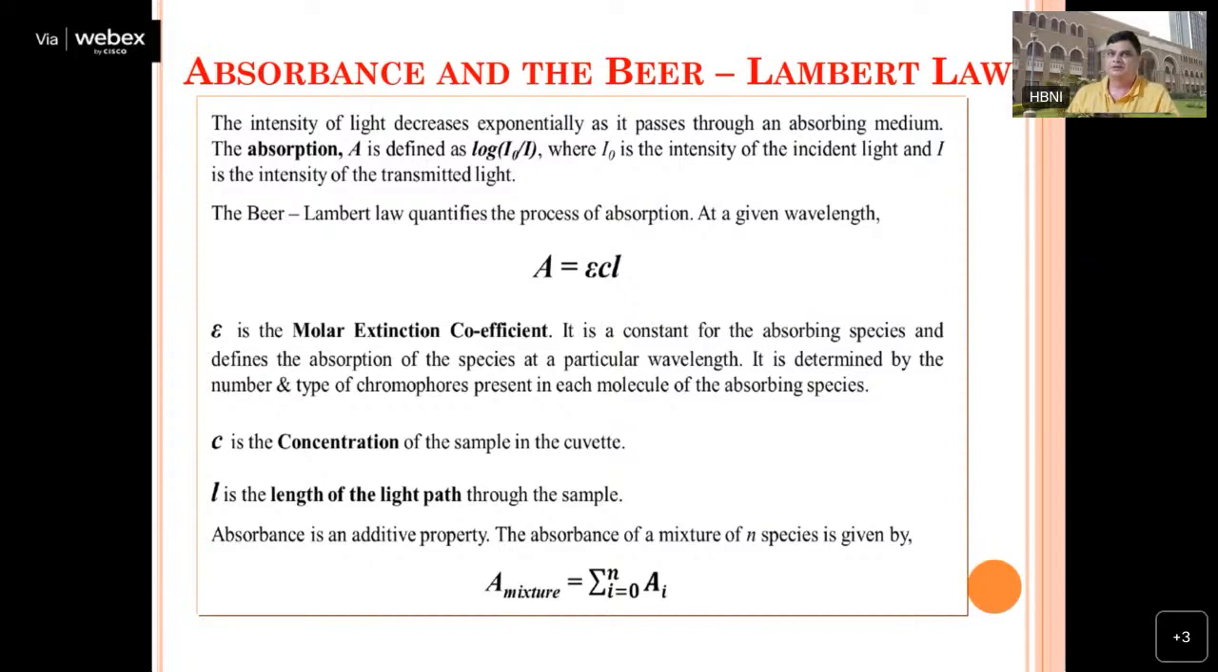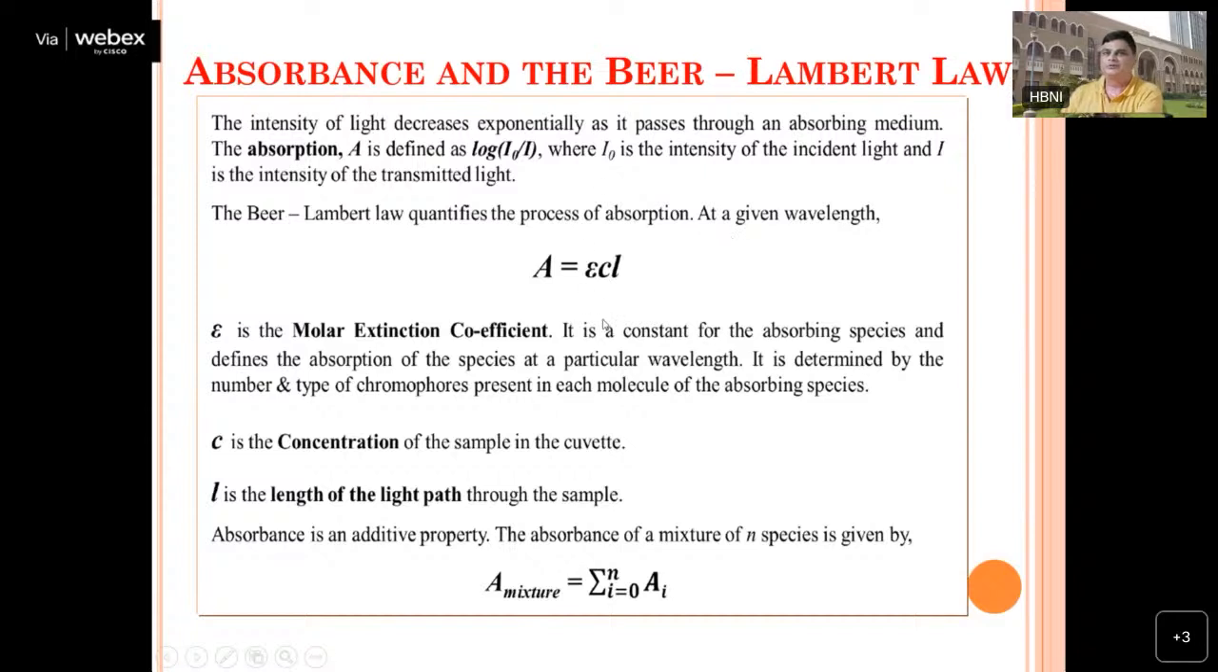What is this Beer-Lambert law? It says that the intensity of the light decreases exponentially as it passes through an absorbing medium. The absorbance is defined as the log of the initial intensity over the transmitted intensity, where I0 is the intensity of the incident light, and I is the intensity of the transmitted light which comes out from the solution. So basically, this is the relation in the Beer-Lambert law: absorbance is equal to epsilon into concentration into the length of the